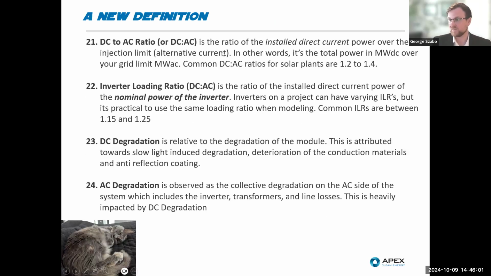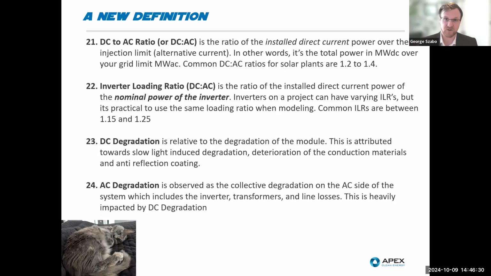DC to AC ratio is the ratio of the installed direct current power over the injection limit, or alternating current. In other words, it's the total power in megawatts DC over your grid limit. Common DC to AC ratios for solar plants are 1.2 to 1.4. We could talk a lot about why you want to overload your project with high DC, but basically modules are